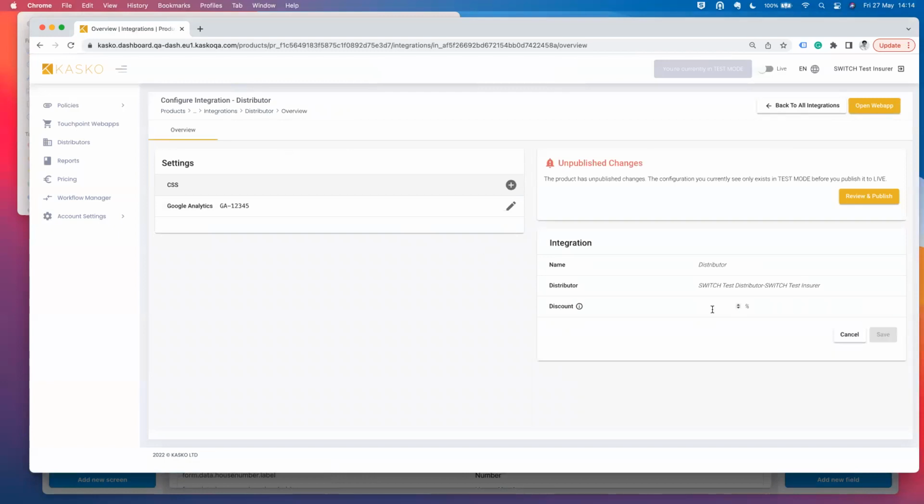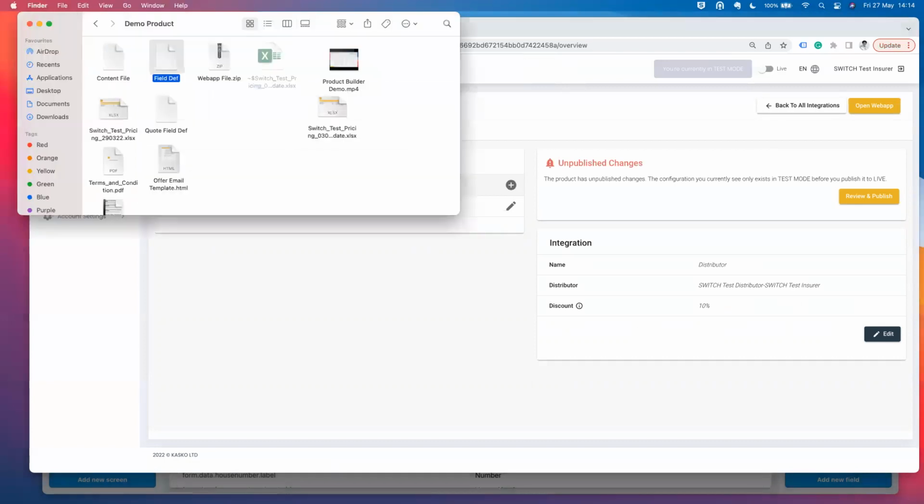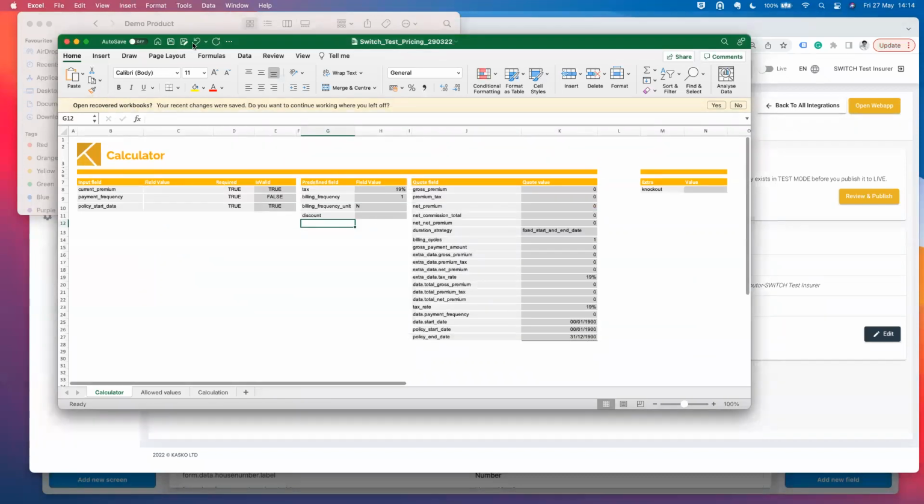And also you can add a discount per distributor. For example, in this case, we want to support a 10% discount for this distributor. So you just put in 10. And obviously this will have to work with how your pricing file is set up. In your pricing file, you will see this discount field. So if you put 10,